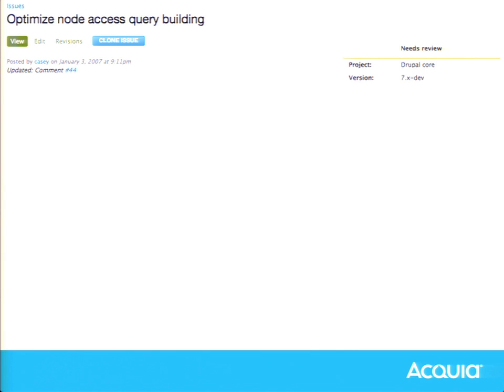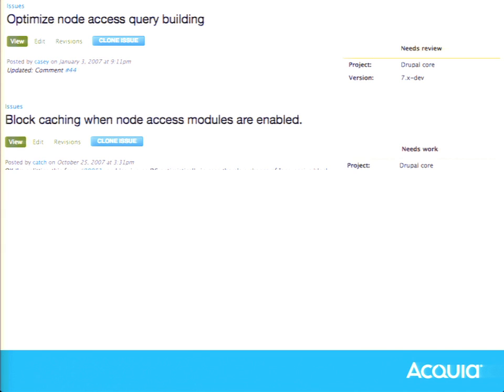node access query building. Ezra actually mentioned this in his presentation yesterday. If you have lots and lots of organic groups, the time to build that query actually dwarfs the time to run the query. But only in the use case where we have lots and lots of groups. Also, when you're using node access, you can't use block caching. Block caching is a very efficient cache because it's just raw HTML.